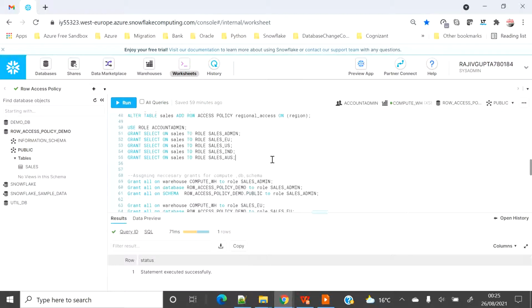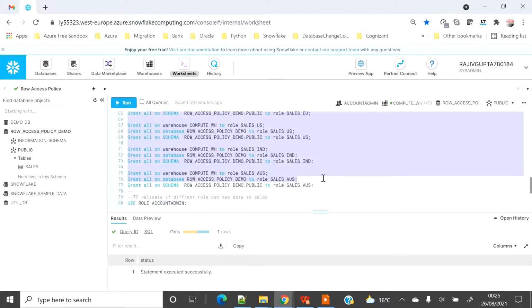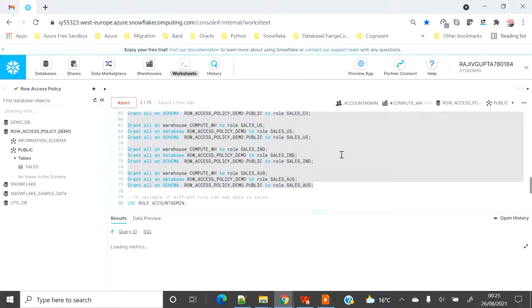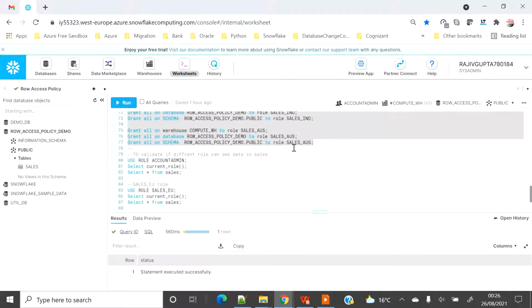Now that I have already done this, like previously on the row level access demo, we also have to give the grants on the warehouse, database and policy on the schema to all the roles which we have newly created just now, because those roles do not have access to your warehouse or database or schema. So I'm going to give the grant to all the 4 or 5 roles which I have just created. This is as simple as that, not rocket science here. The moment it is done, we are done with all the setup.